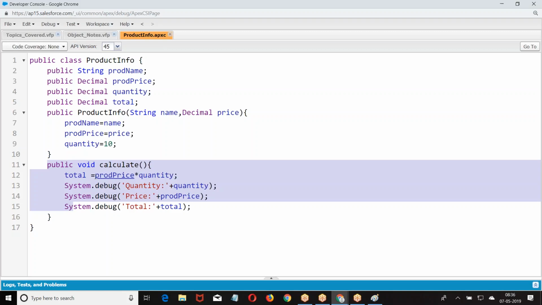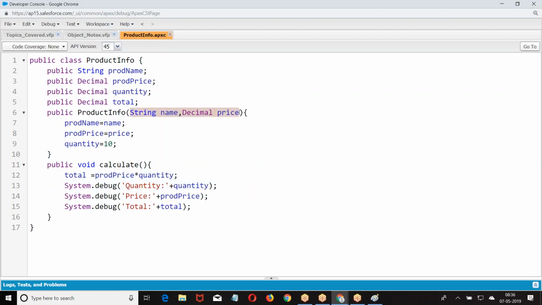Now, how will you set the name and price? Okay, you check with the method. But a method has to be called. If I give the same in the method, it will not run by default. You have to call it. I am saying I will not call the method; I will call it only when I need. But the data of the price and product should be kept initially. Whether I calculate or not is my choice.